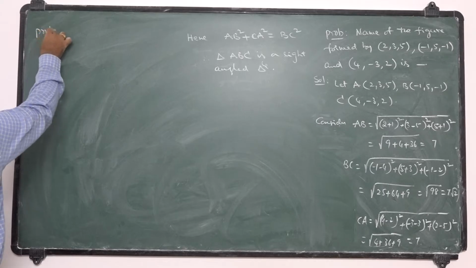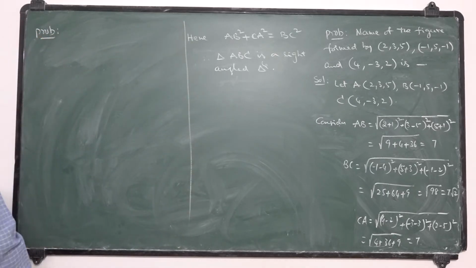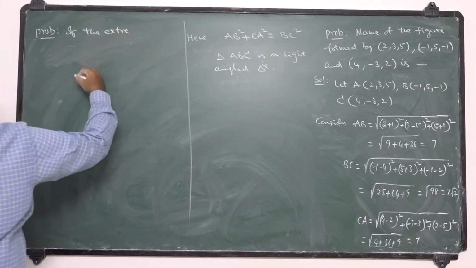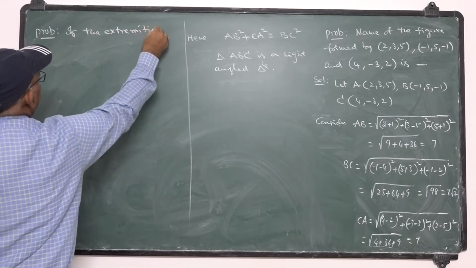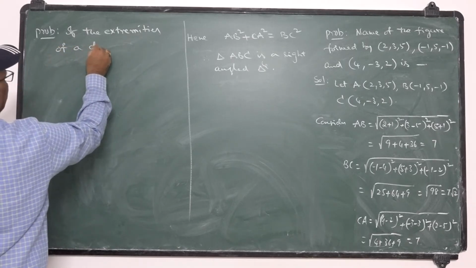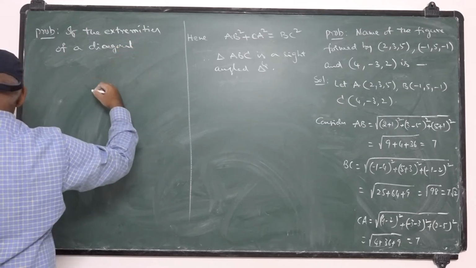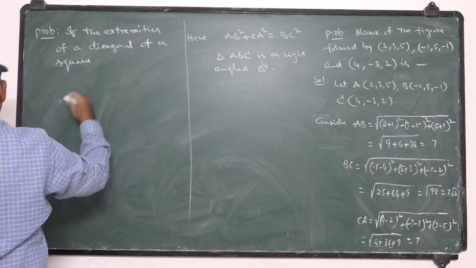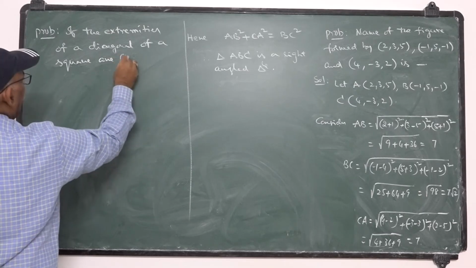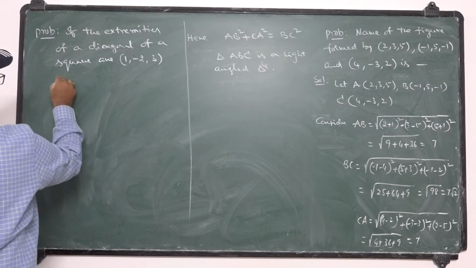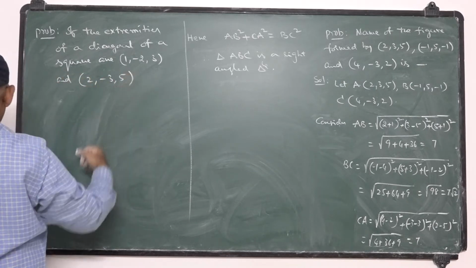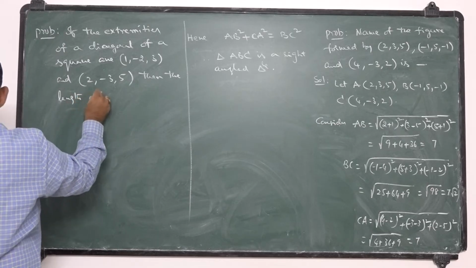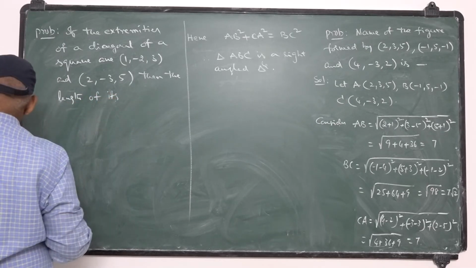Another problem. If the extremities of a diagonal of a square are 1, minus 2, 3 and 2, minus 3, 5, then the length of its side is,